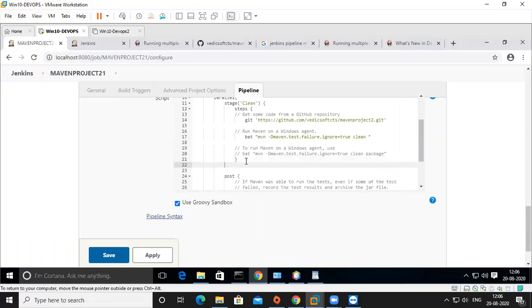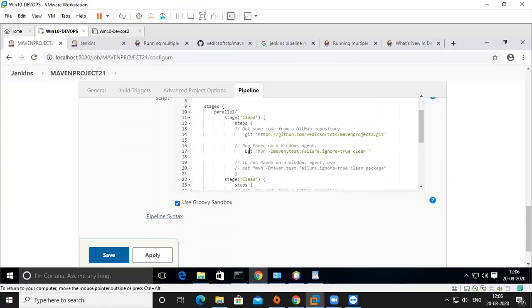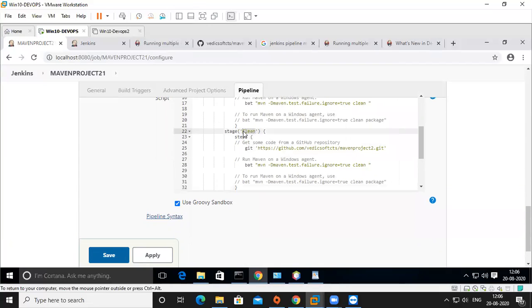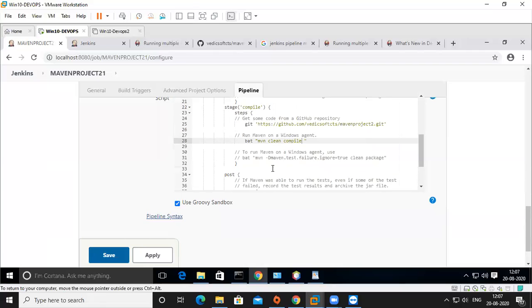Now, okay, this one, copy. This is for clean, right? So this is for compile. Any error?